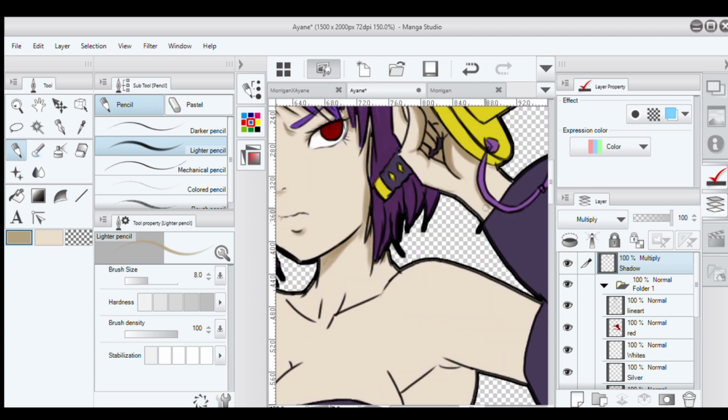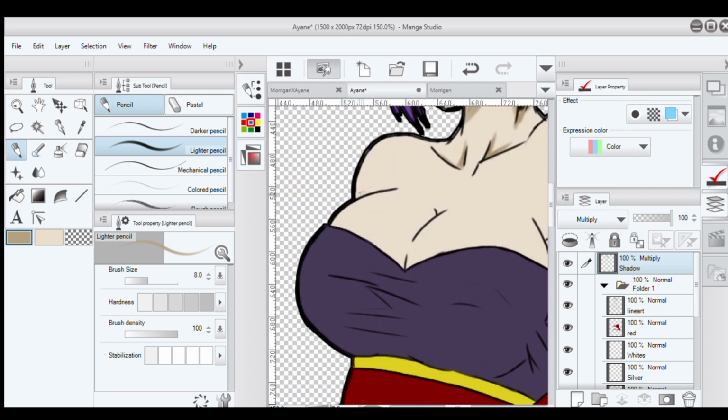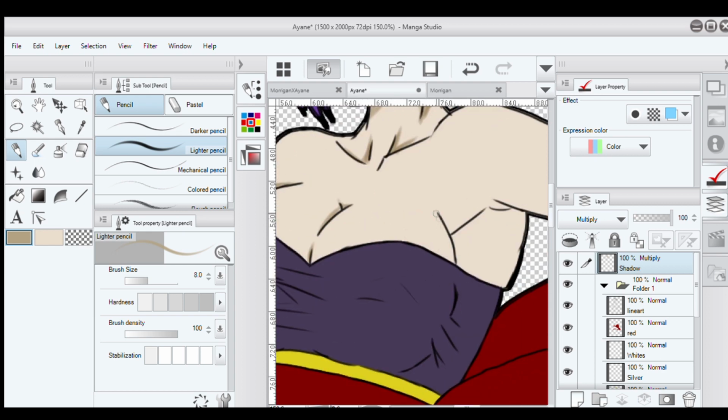But for this one, I took all the layers that I did of every color, put them into a folder, and then kept the folder down there, made a new layer and put it on top of that. And when you do that, you press the clip layer button, which is that little circle button,